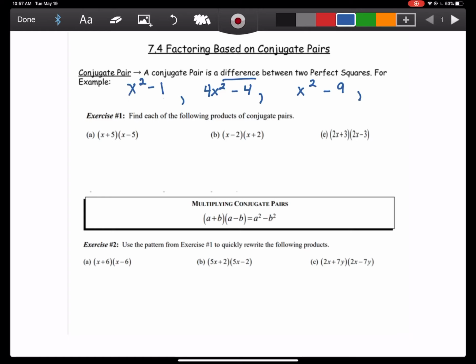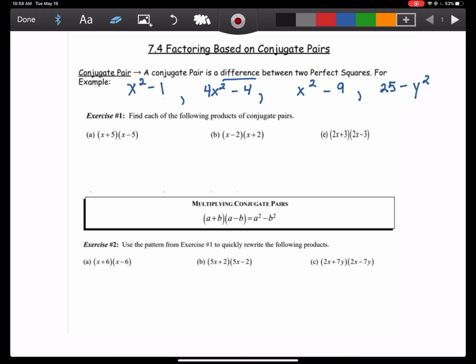I'm going to give one more. Let's throw the variable at the end, like 25 minus y squared. Again, two perfect squares and the difference of them. So those are perfect squares. Those are the difference of two perfect squares, and they're called conjugate pairs. Okay? All right. In exercise 1, Kurt did these, but I want to first do letter A using either double